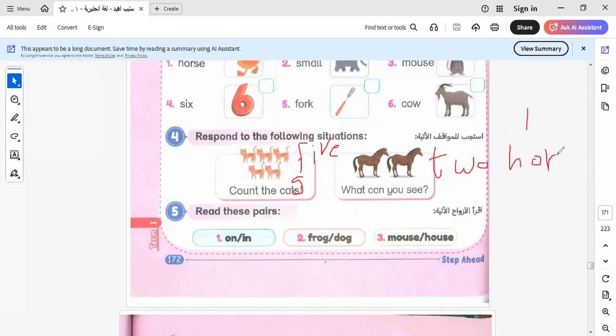We say here 2 horses like this, or we can say there are 2 horses, or we can say 2 as it is. Okay, 2 horses. Here we say